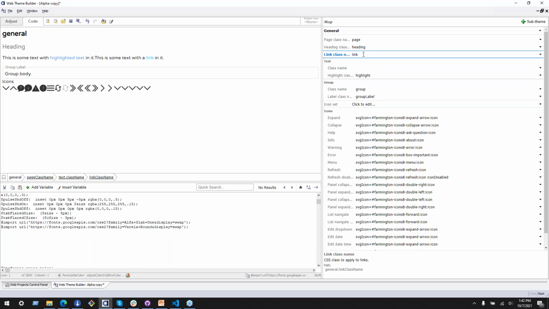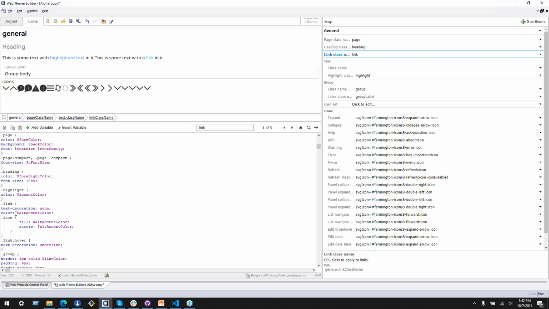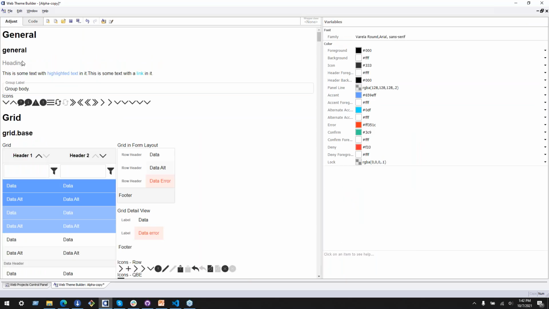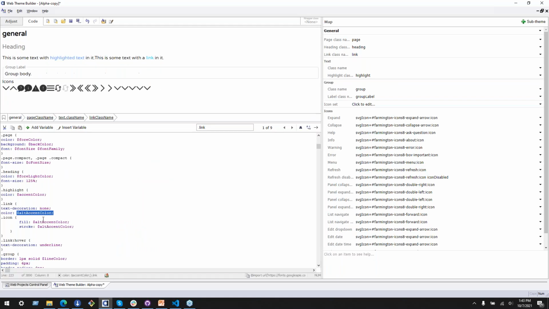And if I use Control F, it's going to jump in the style code here directly to that first instance of link. And here I can see that the alt accent color is being used. So I could, if I wanted to, either go change the alt accent color at this point and make it that yellow, which we could try, or I could add a new Sass variable that has that color specifically for this use case. So we can start with looking at the alt accent color, and unfortunately these are named differently